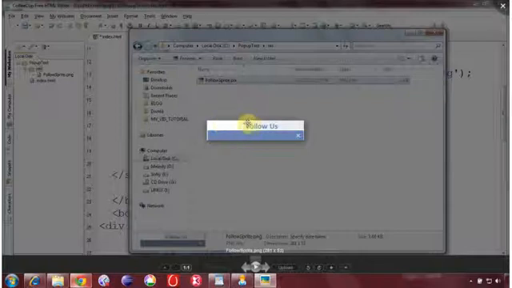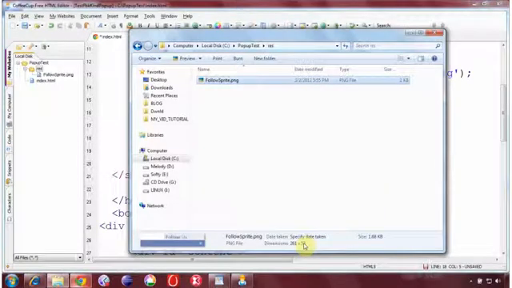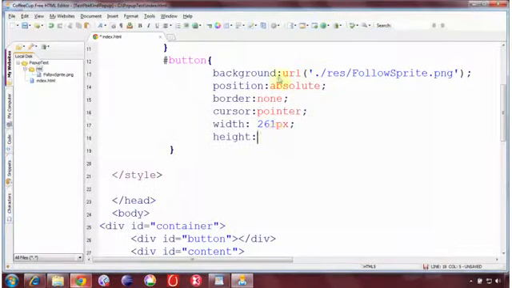But when this page is accessed with this pop-up, only one of the portions, either this follow us area or this area, needs to be visible. As I was explaining the concept, the idea is to show at one click this portion, at another click this portion. I make an assumption over here: 50% of the image area is this button, and 50% of this whole image is going to be this portion. So the initial display of the button should be just half of the image height. The image height here is 53. If I take half of this 53, that is almost 27.5 or 28. So I specify a height of 28 pixels over here.